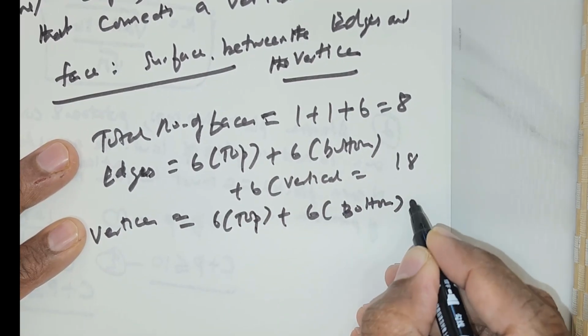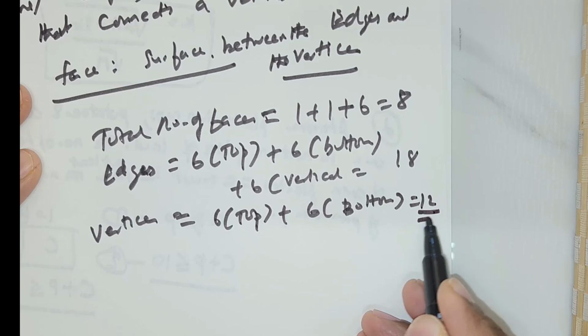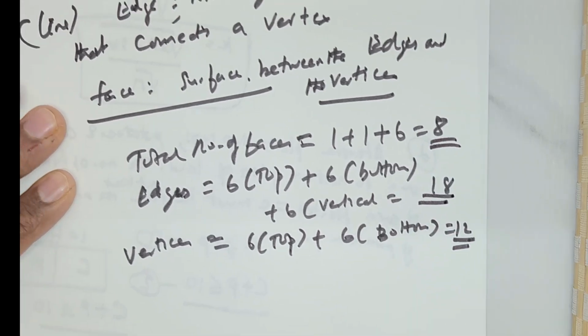So that is a very important definition. So that is the solution: 12, 18, 8. Okay, let's move on. Okay, so this is